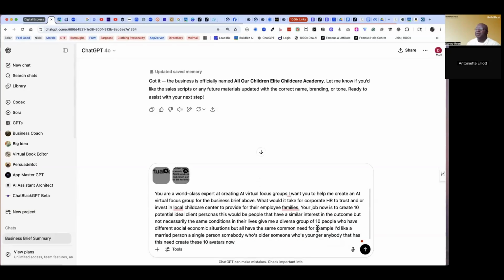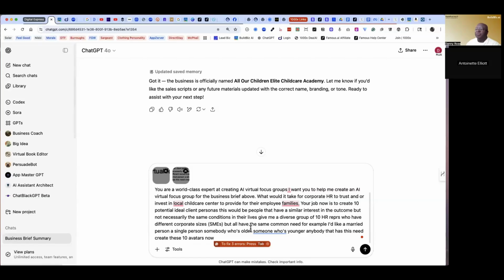I'll copy paste in this: 10 HR reps who have different socioeconomic situations, different corporate sizes, SMEs. Because we don't want it to be Fortune 100, because they usually have a solution of their own.